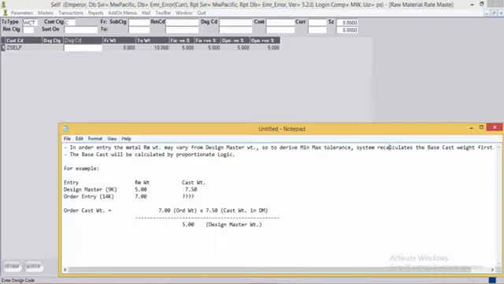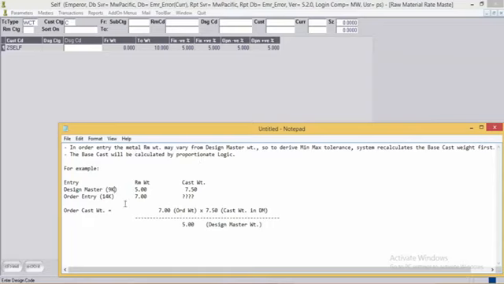Now, there may be a case where in the order entry, the metal RM weight may vary from the design master weight. So, to arrive at the minimum and maximum tolerance, the system recalculates the base cast weight first. The base cast weight will be calculated by proportionate logic.